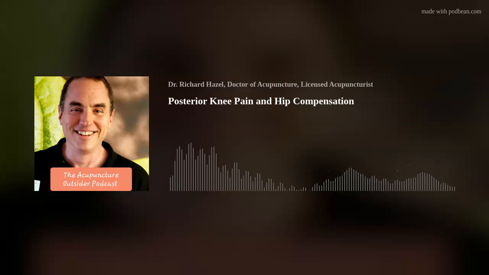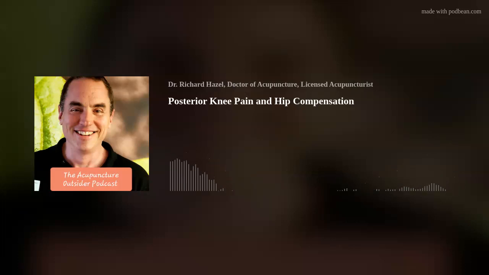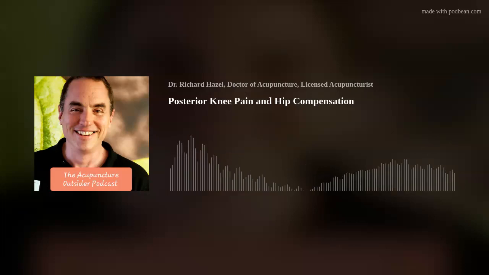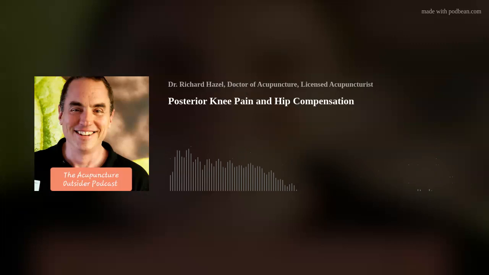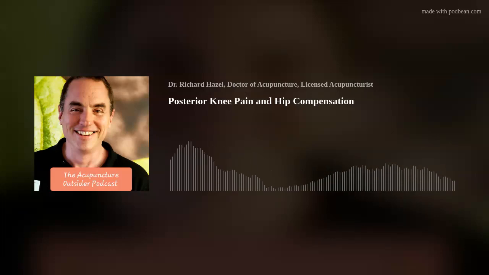So I treated the gluteus medius, minimus, TFL, piriformis, hamstrings, gastrocs, because gastrocs bend the knee as well. So I'm thinking functionally, there's no harm done helping the knee bend. So gastrocs and popliteus. I put 2 needles into popliteus.